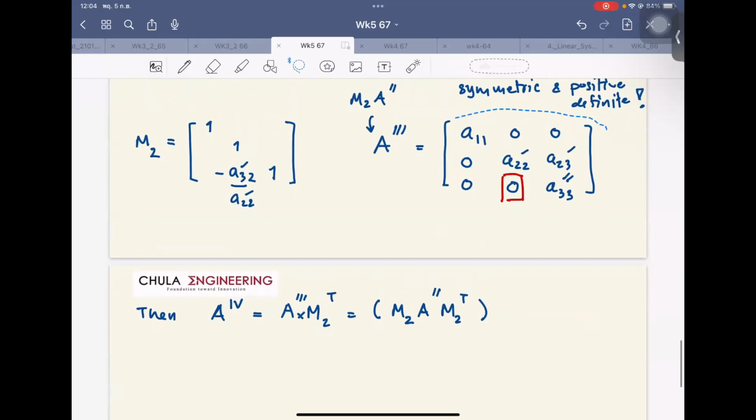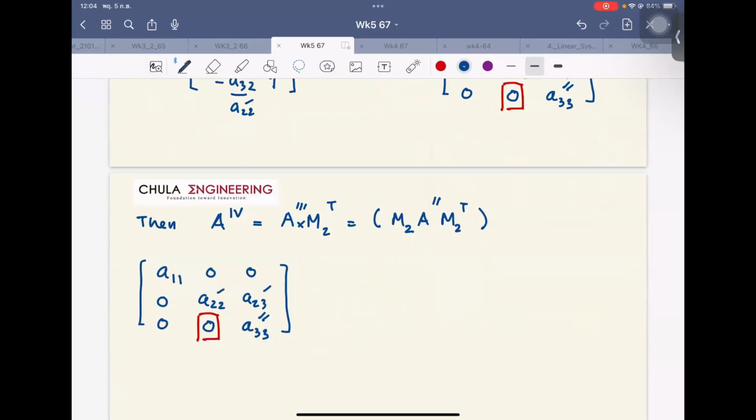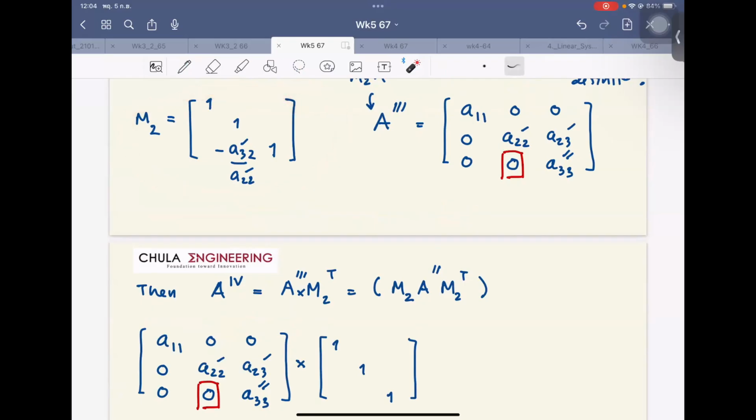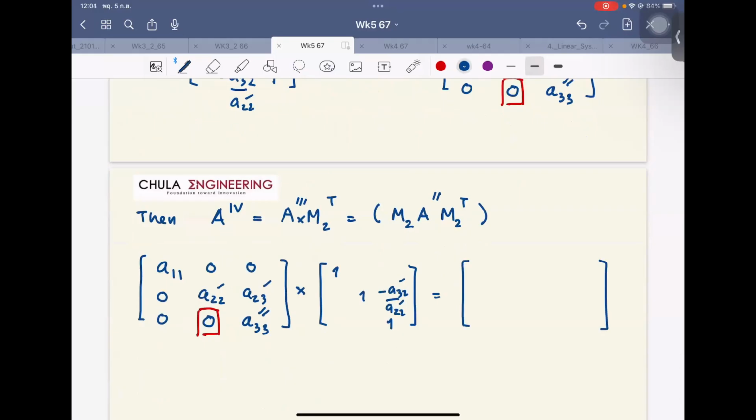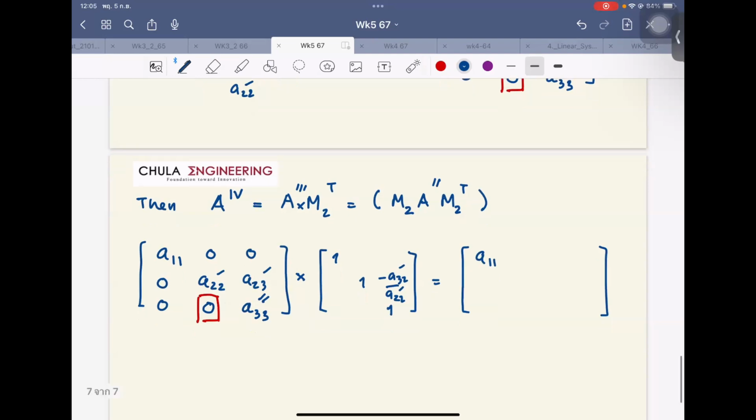Let me copy this again. And then multiply with 1, 1, 1. And this matrix transpose. This will move to this, minus A32 prime over A22 prime. Okay. And I can show that matrix A after post multiply with M2 transpose, now we're going to have this become 0. A11, 0, 0, A22 prime, and this will be 0. This will be 0 in the third row. Now we have A33